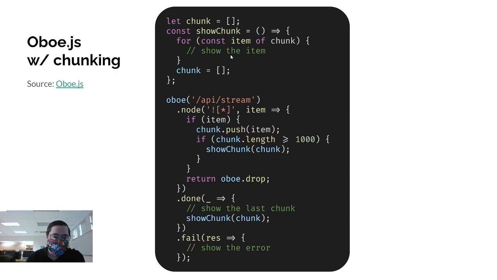Okay, so what I'm going to use is this show. I'm going to start putting things into this chunk, and then eventually when it gets full, we'll show it. So inside of the node event, for each item we get, let's push it onto the chunk. Let's add it to the chunk. And then if the chunk reaches a size of